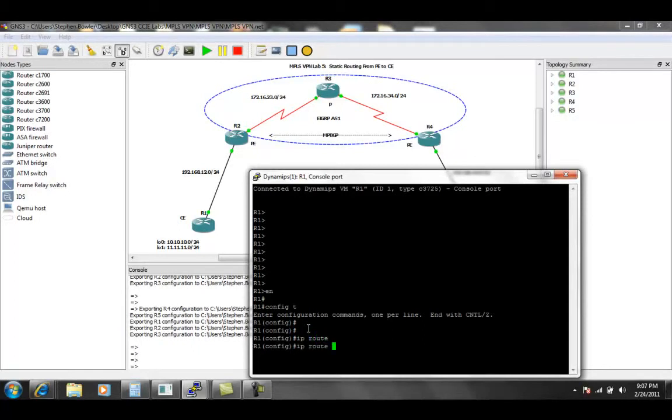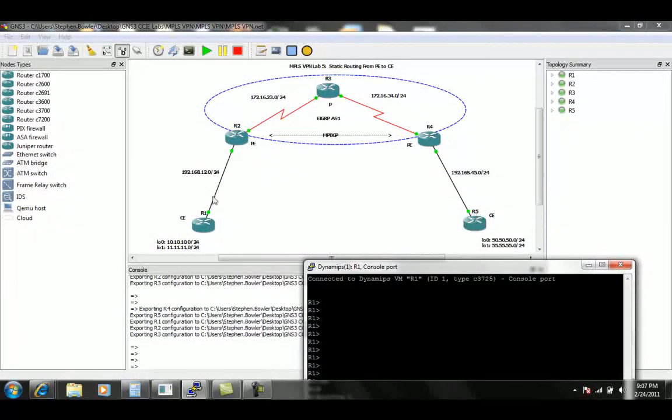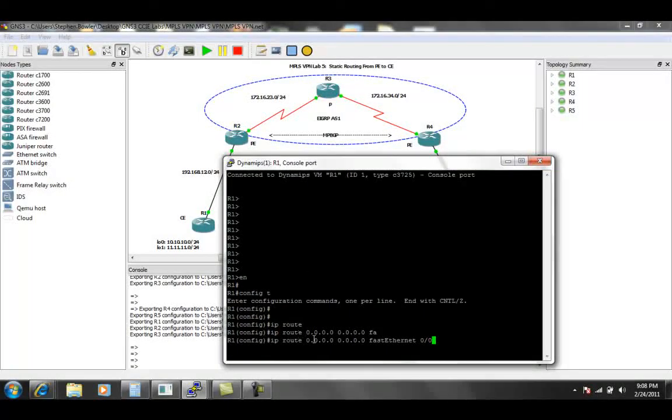So we'll go into global configuration mode and do IP route 0.0.0.0, followed by 0.0.0.0. So it's going to match on any IP address with any length subnet mask. And then for any traffic that this router does not know how to reach via the routing table, we're going to forward this traffic out our FastEthernet 0/0 interface. So again, Router 1 and Router 5 are using their FastEthernet 0/0 interfaces to connect to Router 2 and Router 4. So we have the IP route 0.0.0.0